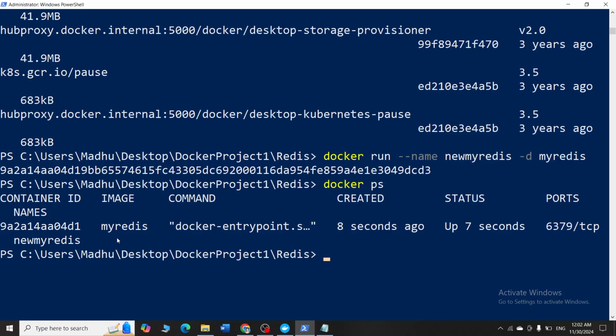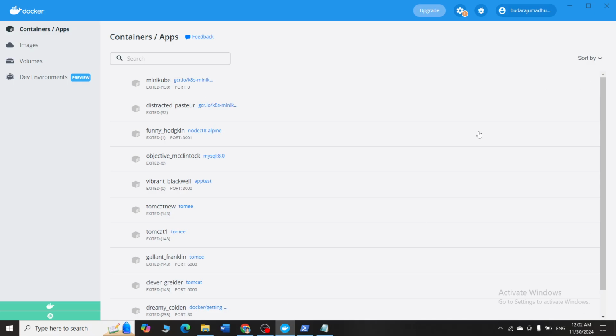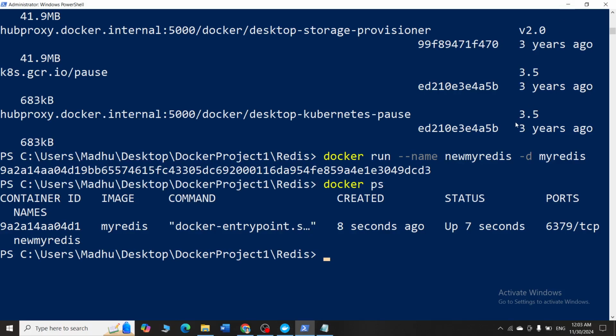Okay. The next thing you have to do is to save this particular image. So what happened? You have created an image, you have run it as a container. Now the next thing you have to do is to save your image into the local repository which is called this Docker desktop. So you have to first save it into this Docker desktop. Only then you can push that particular image into the Docker Hub. Please do remember, first it should be saved into the local repository, then only you can put it into the remote repository. So for that you have to write a command, docker commit.